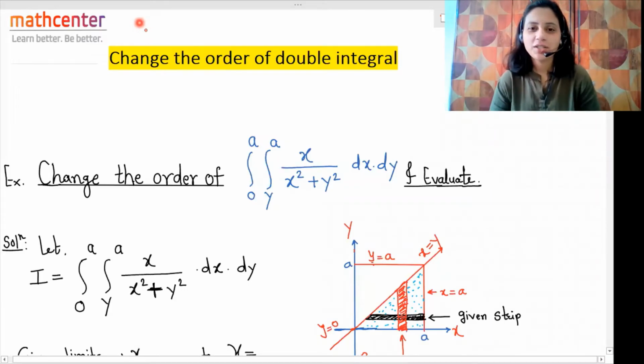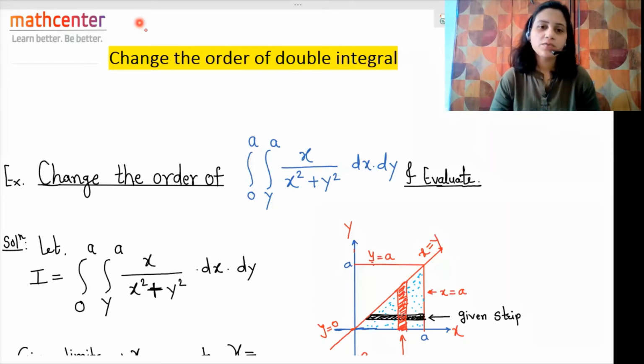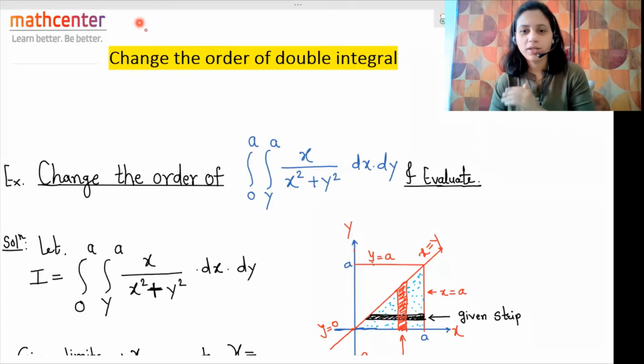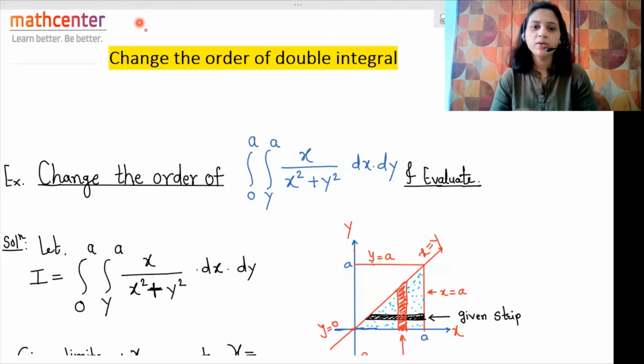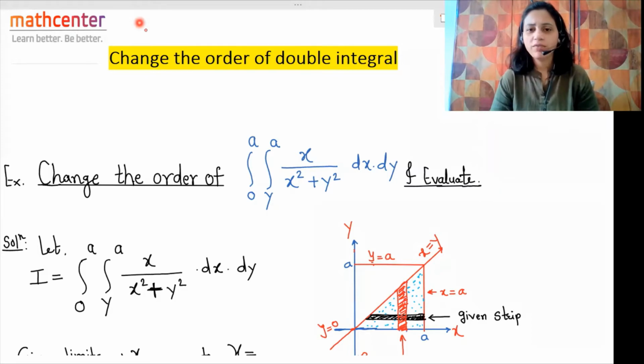In our last few sessions, we have seen what is double integration, what is the order of the double integration, and how to solve the examples of the double integration, right? Now, in today's session, we are going to see the change of the order of the double integration. Examples based on change of order of the double integrations are very important from your exam point of view, like your university exams or competitive exams like GATE or Maharashtra Engineering Services. So this part is very important from your exam point of view.